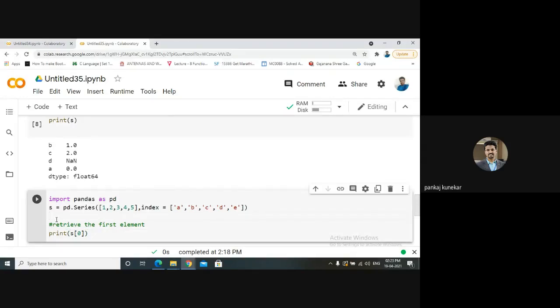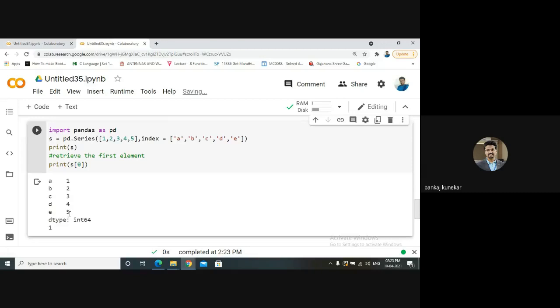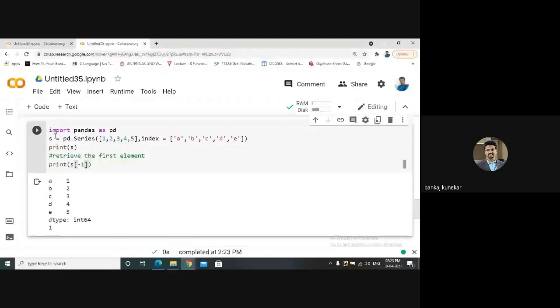First, we can print the series. See here, all the values are displayed with the index A, B, C, D, E and the respective values. Now s of -1 is nothing but negative indexing.